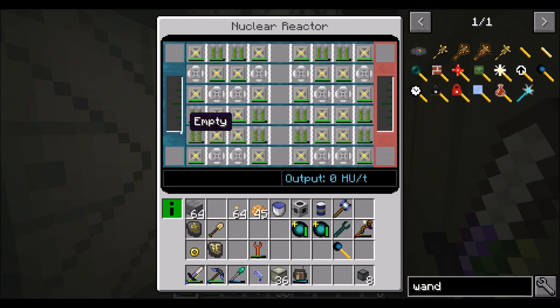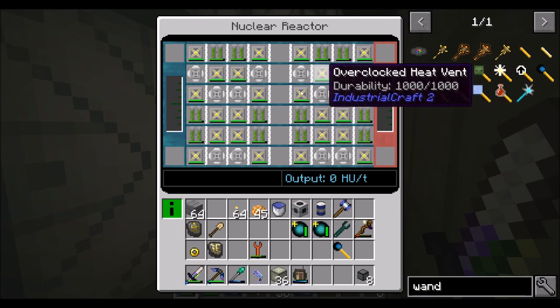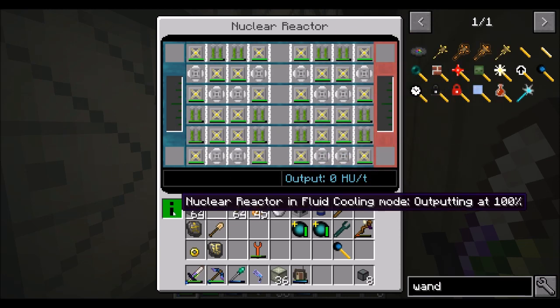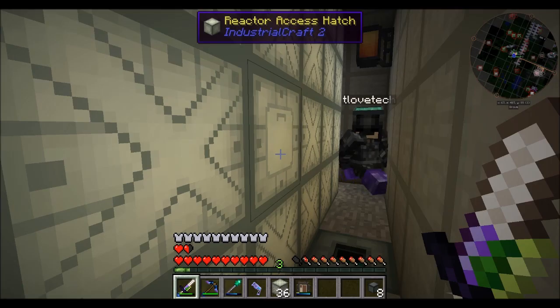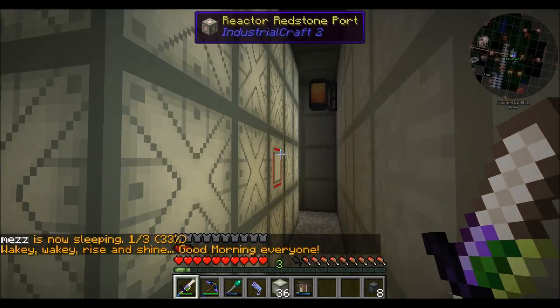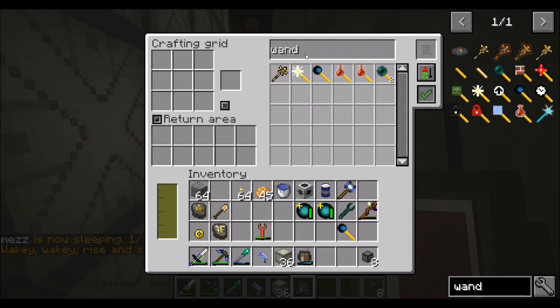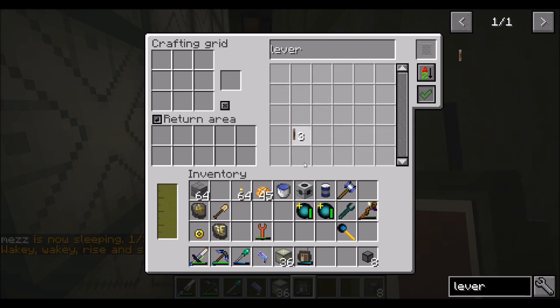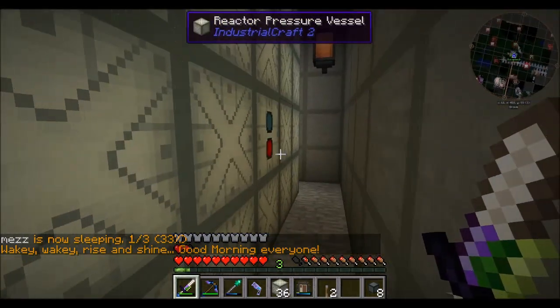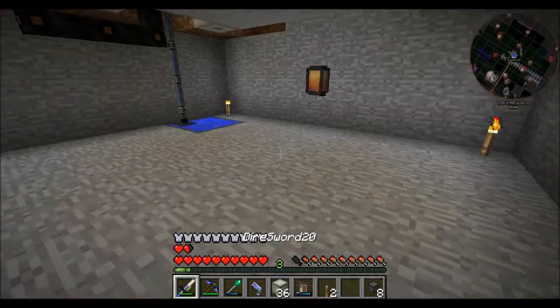So I'm not sure how much exactly coolant we need, but I do want to rearrange what's in here. So right now, the temperature is at 0. Fluid mode, outputting 100%, so that's cool. Let's go ahead and... Well, we're going to want a lever back here. Fluid port here is where the import's going to go, but we're going to want...